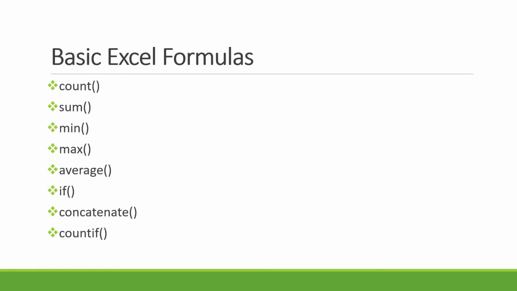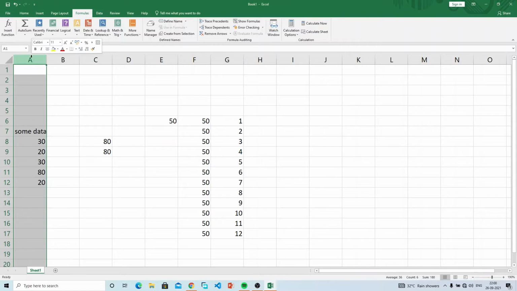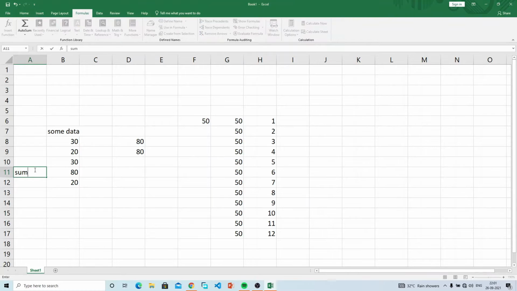The next thing, I've already demonstrated the sum, so let's check the next formula. We have count, minimum, maximum, and then average. So for minimum, we simply say equal minimum. Minimum is represented by MIN. You don't type the full word. You open the brackets, select the range, close the brackets, press enter, and then you have the minimum value. So let me insert a column here, so this is the sum, this is the minimum,